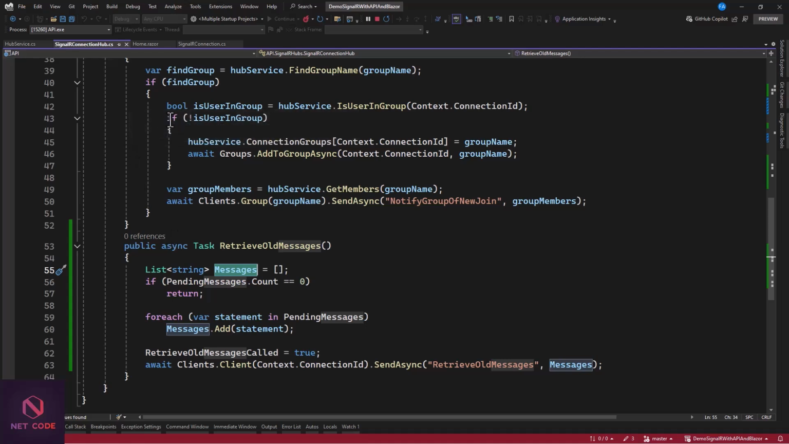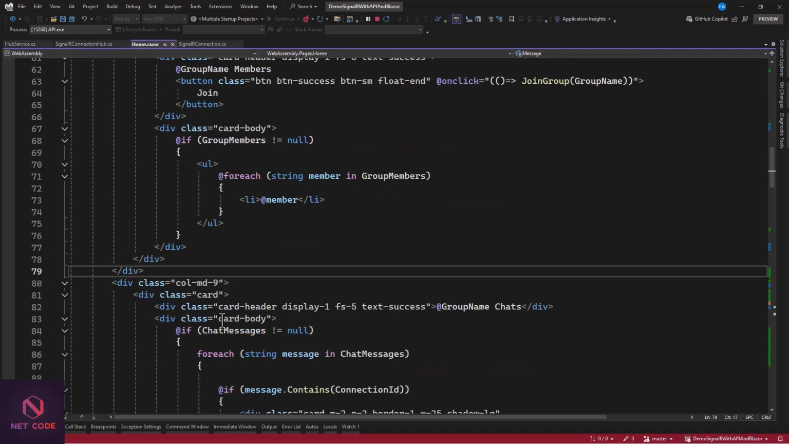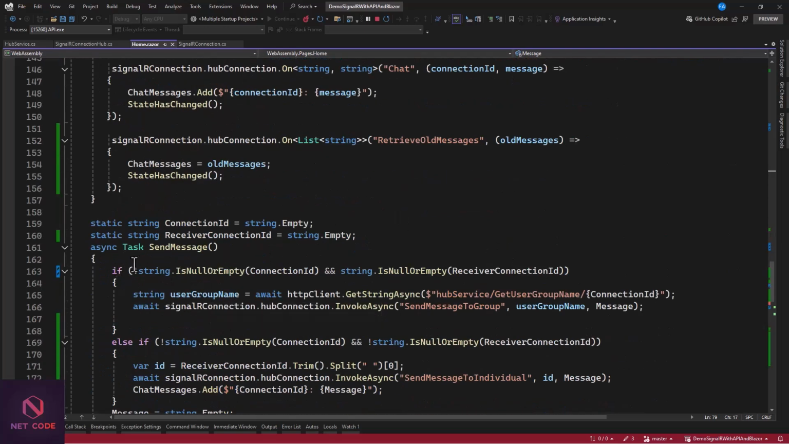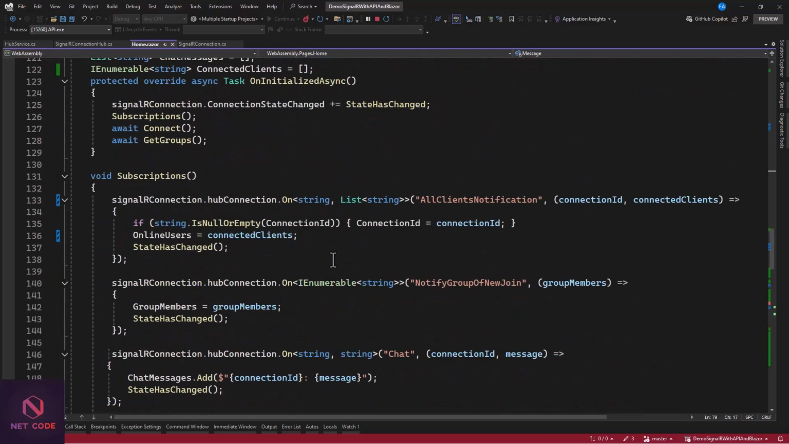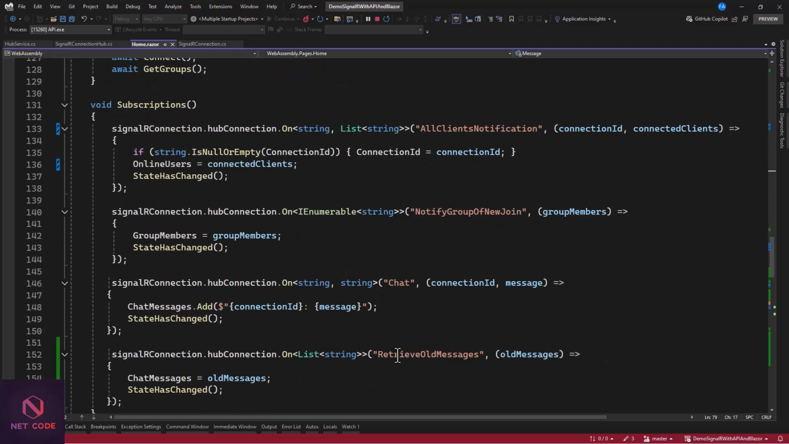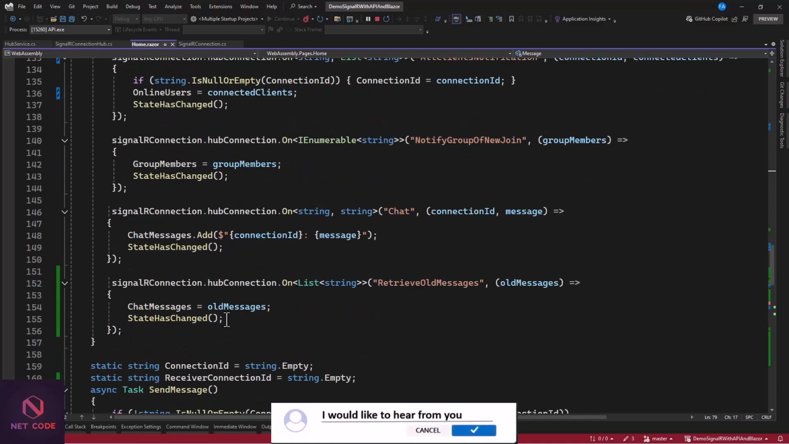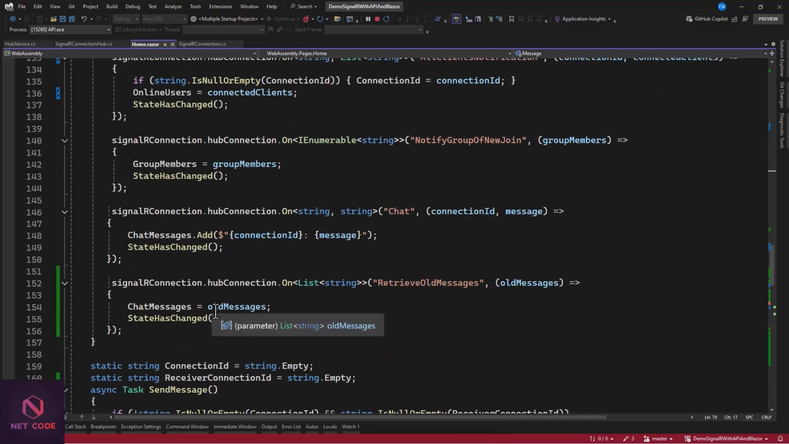Now the next thing that we're going to do is go to our Blazor WebAssembly app, and from our home component, we're going to subscribe to that event. In that, where we have our subscription, we're going to add one more, and that's RetrieveOldMessages. You can see that this returns a list of string, and that's what we have in here. Now, if this method gets invoked, we want to assign the list of strings that we have as the messages to the chat message in here,